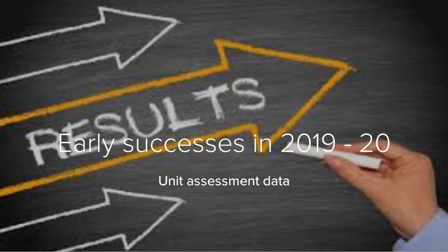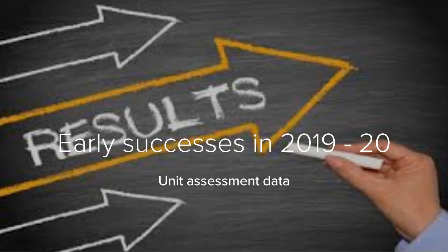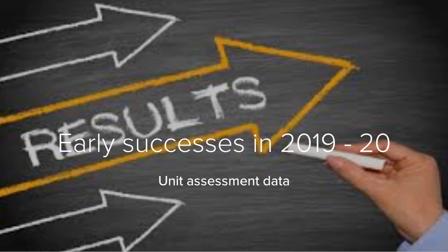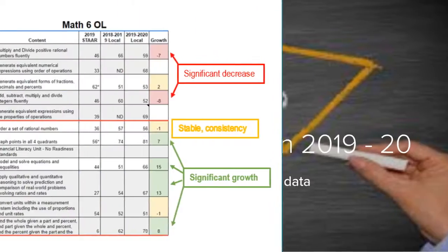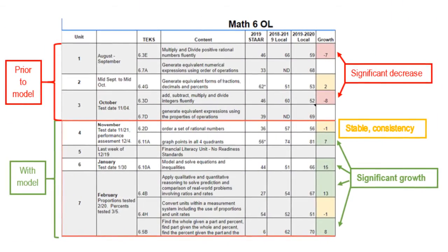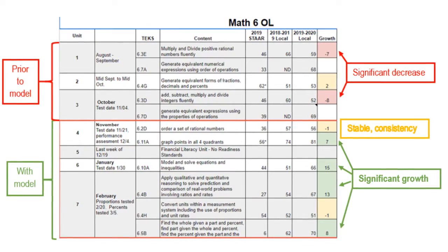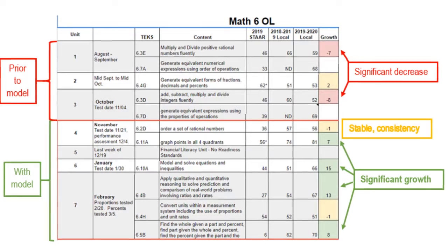Once Math 6 fully implemented the small group blended learning instructional model in November 2019, we were able to compare unit assessment data from year to year to see how students did in this new model. This table compares the 2018-2019 local data to the 2019-2020 local assessment data for our 6th grade on-level students for